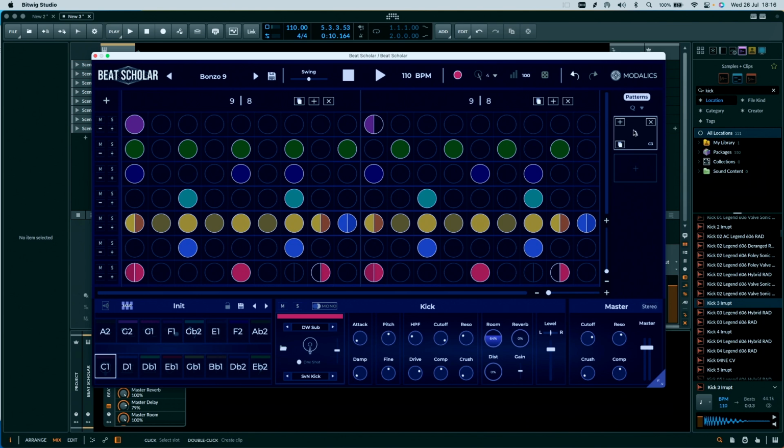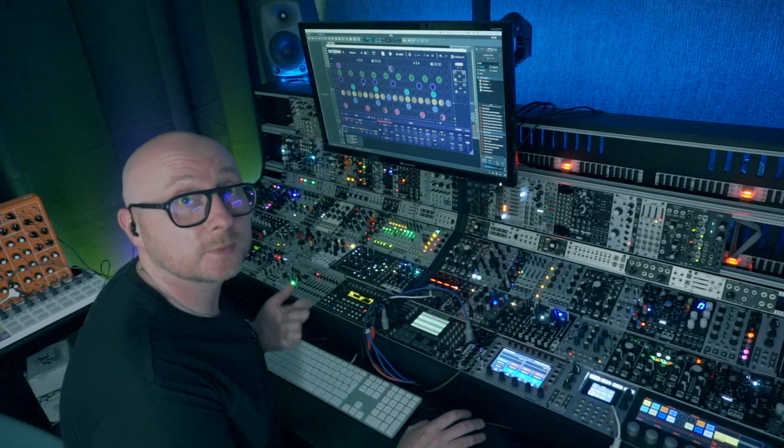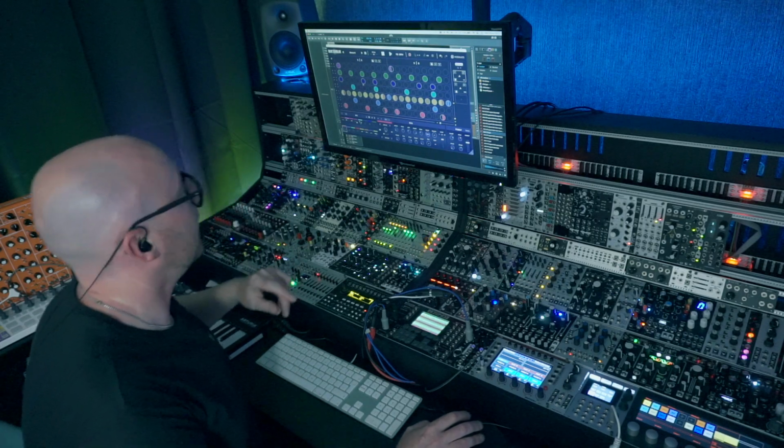You can save your pattern and you can duplicate your pattern and put it here and then mess with it further, draw in some extra stuff and then swap between them, which is all quantized. Down below, you've got all your different samples, which are all color-coded and relate to all the different colors you've got here. You can play around with all these different things like the attack time, the pitch, filters and so on and so forth. So let's just play around with some of these pieces and slice them up a bit